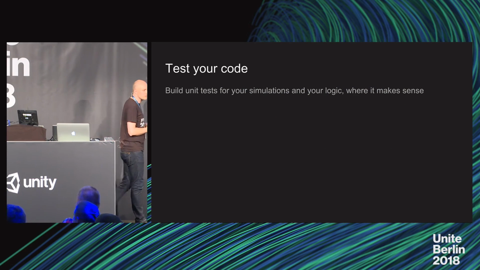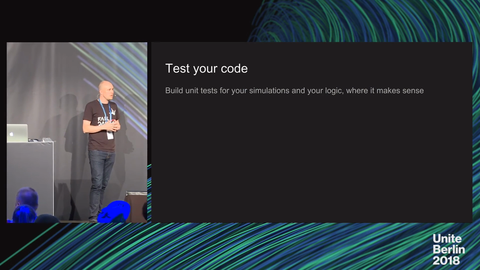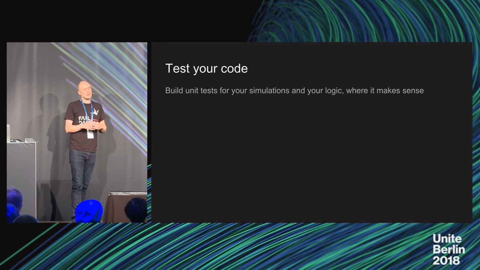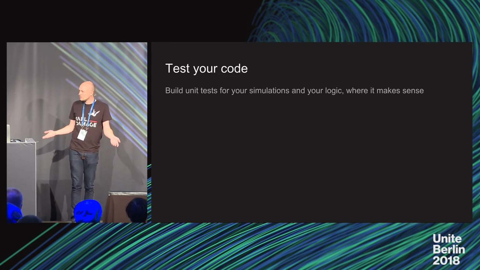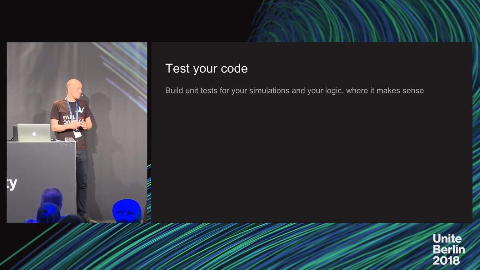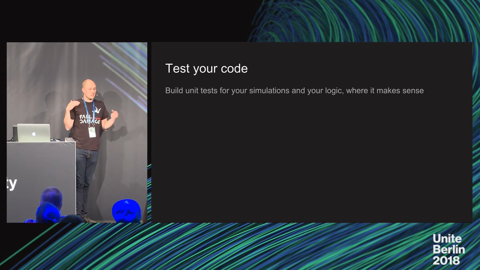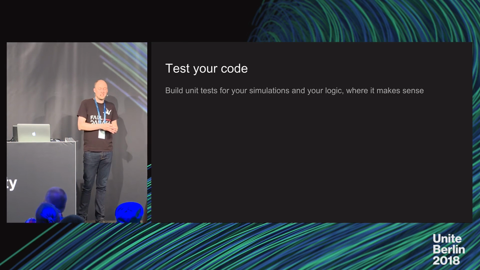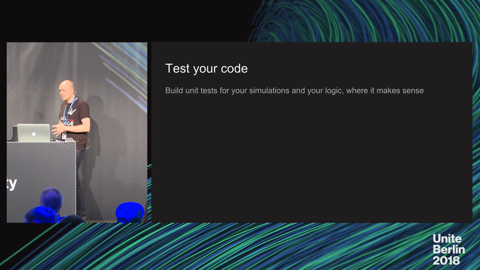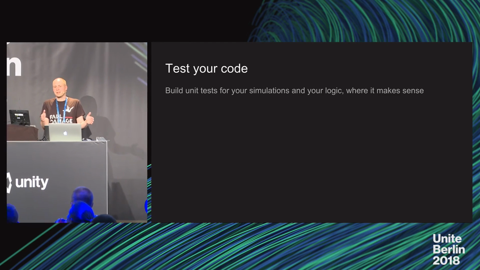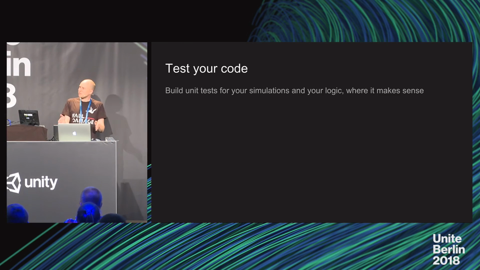The first thing that you should give a try is writing tests for your code. If you're moving things out of MonoBehaviours and into regular classes, in particular, then it's fairly straightforward to use Unity's unit test framework for building unit tests for both logic and simulation. Doesn't make sense everywhere, but if you build a pool like this, then what tends to happen is that half a year down the line, another programmer isn't so afraid to touch your code.